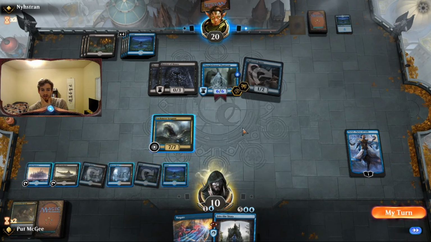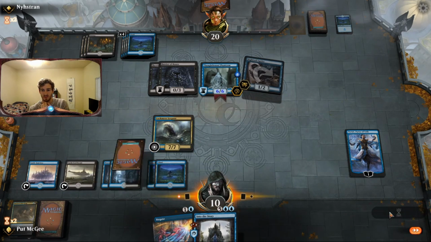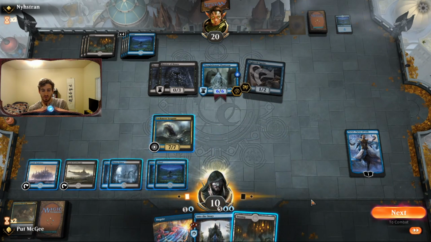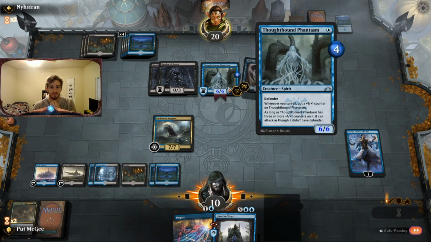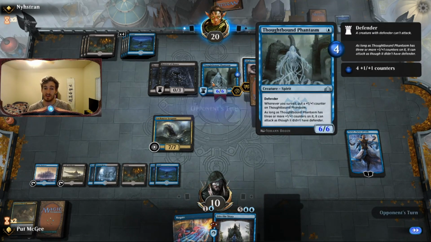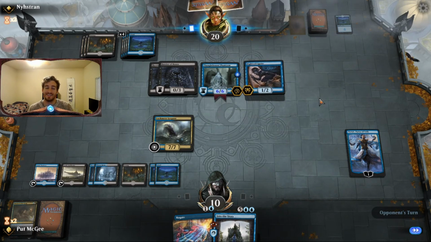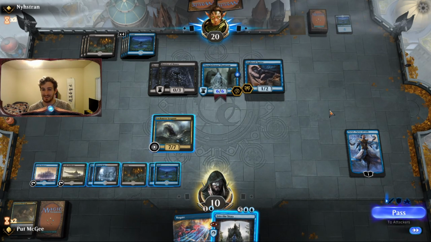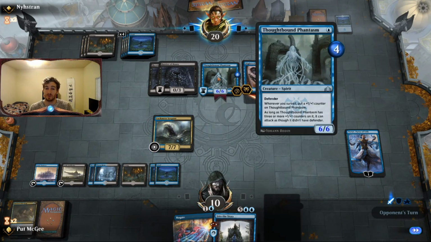Do I draw a card? No, I don't really want to sacrifice a Watery Grave, so I just go to my turn. That's terrible. Shoot. Okay. I'll pass turn. I guess I'm going to have to block the Thoughtbound Phantasm here. That's a horrible trade. So bad. Really, really bad. Yeah, I mean, they attack with Thoughtbound Phantasm, I block it with Lochmere Serpent, and I trade...